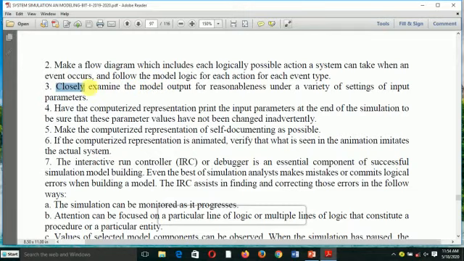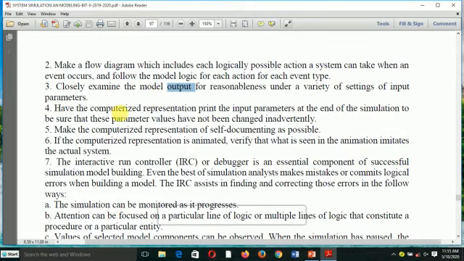You have to examine the model output. You have to check the model output under a variety of settings of input parameters. You have to check what the system will give you whenever you input such things. For example, you say if I enter 5, what the output will be. If I enter 6, what the output will be. If I enter a character in a text box of integers, what will happen.